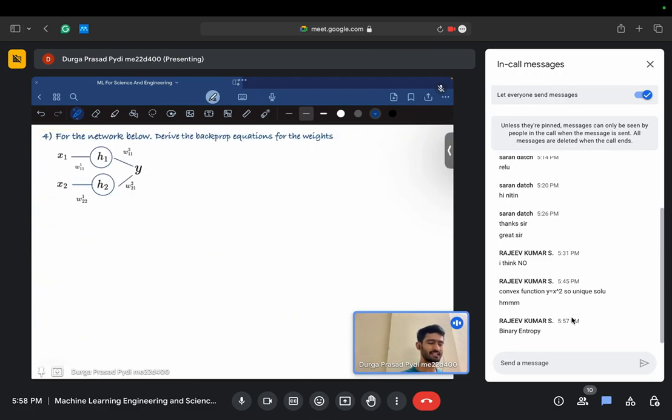I just gave a very simple network here to illustrate how you do backprop. I am not taking biases here, just for the sake of clarity. So what is h1? It is the weights times x, and then you have some activation function g, and similarly h2, and y is going to be